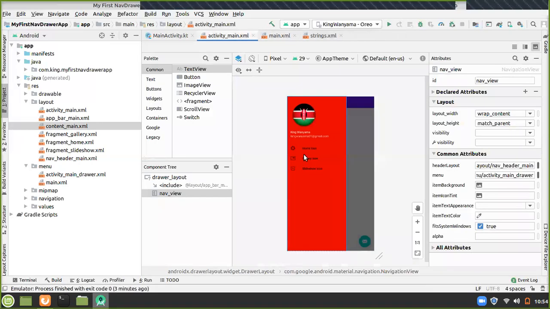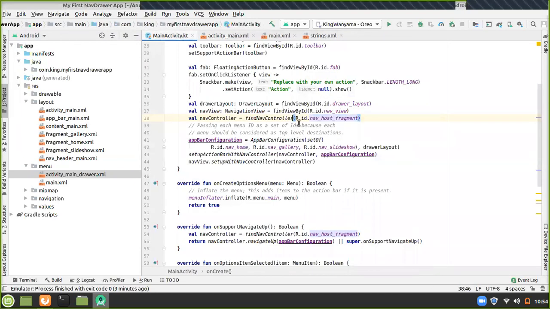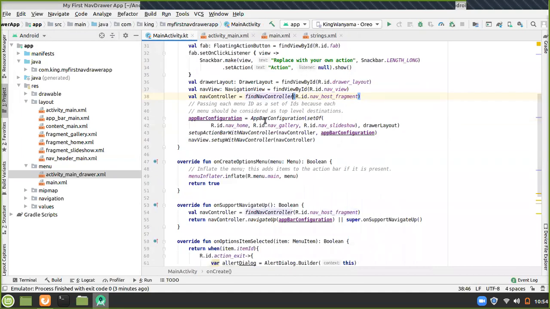When I click on the home icon, I know the home icon has an ID. When I go to the activity main drawer, the home icon has an ID called nav home. When I go to the main activity right here, you see we are setting the app bar configuration. We have a set of icons right there: an icon for nav home, an icon for nav gallery, and an icon for nav slideshow that are on the drawer layout. So that if we click on any of those,